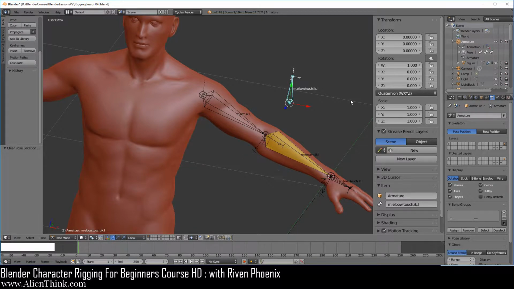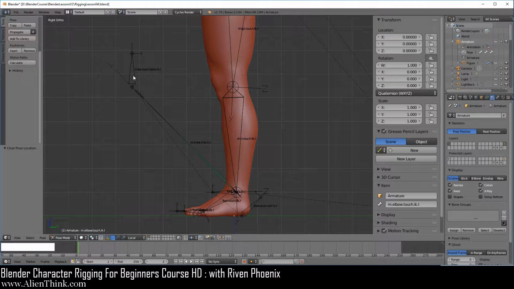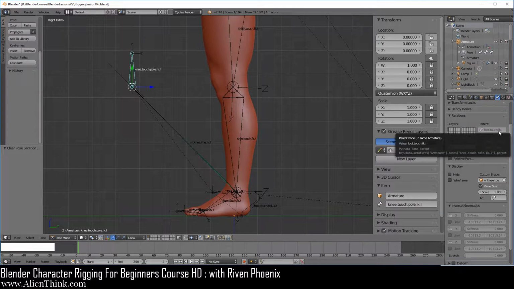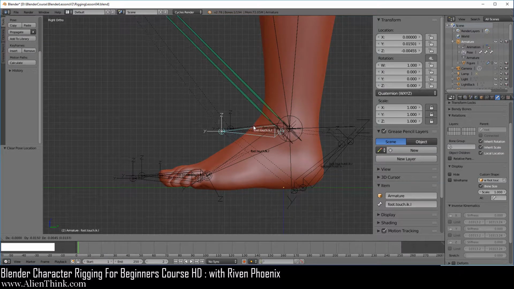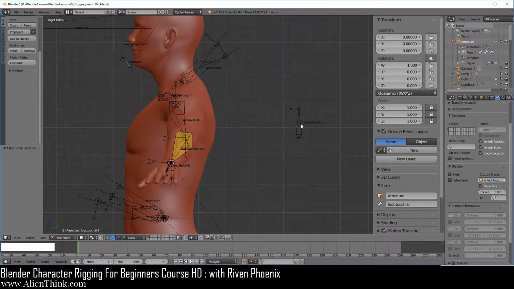Now remember when we were dealing with the leg, we had made the knee pole target the child of the foot. So here I'm just going to press the Shift key down and turn off the bone shapes to show you what we had done. Remember, this is our knee pole target and we had made it the child. Over here, if you go to the bone tab, the foot.touch.ik.l, right, which was this bone over here. That was the idea. Now, when we're dealing with the elbow pole target, we can't actually do that.